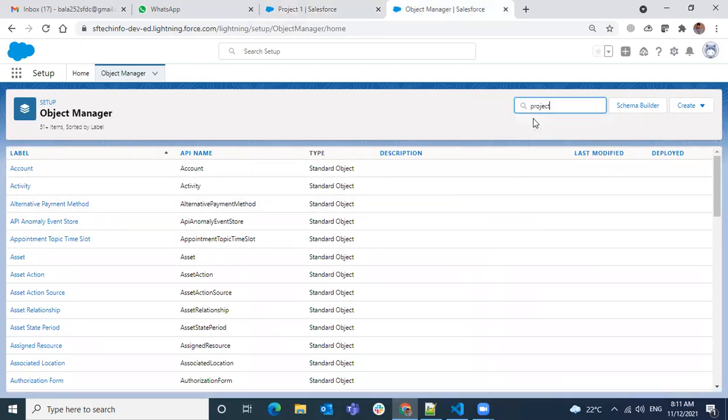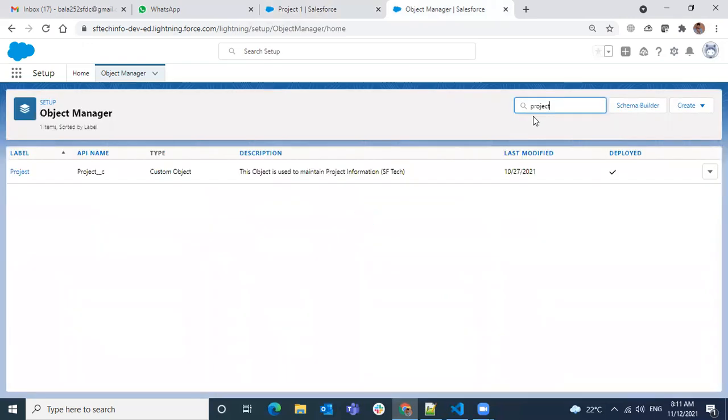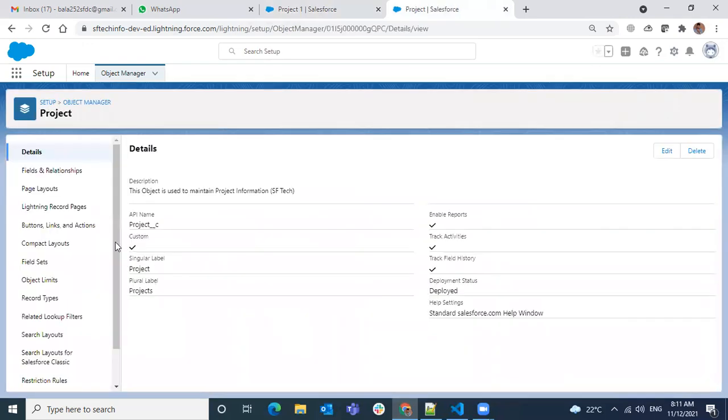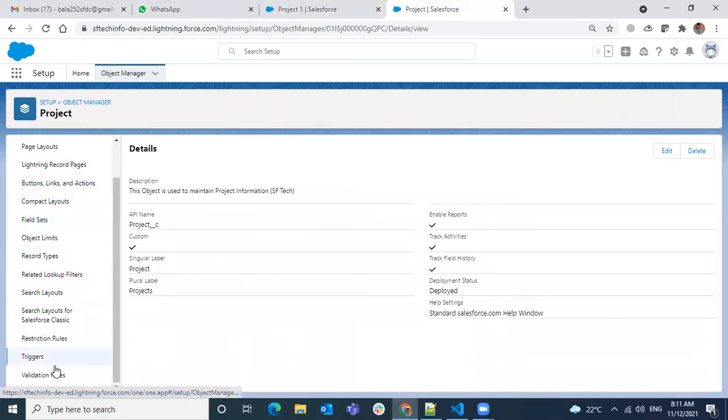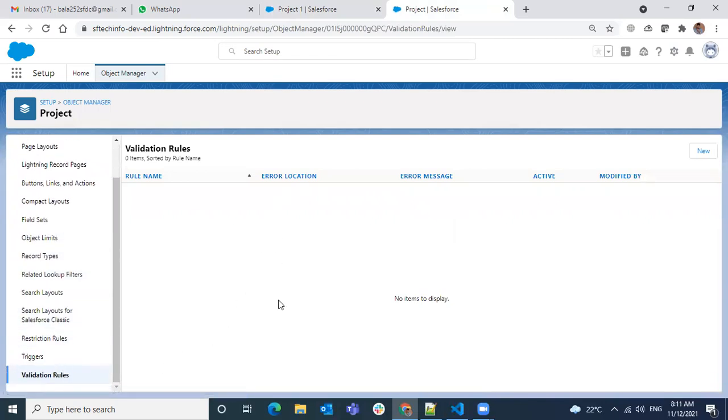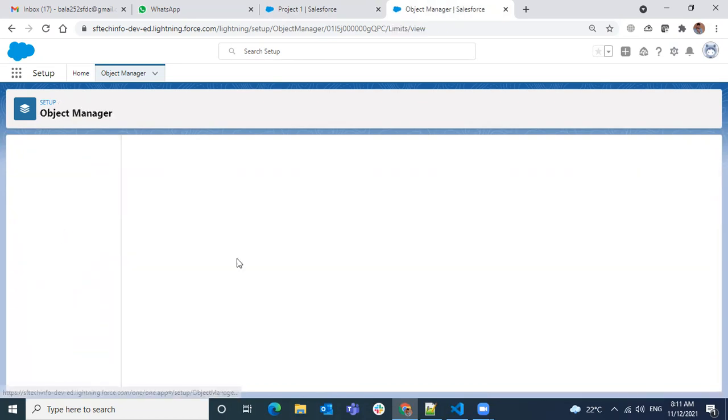On whichever object you're going to create a validation rule, jump onto that object. So I'm going to the project object. Here on the left side panel, you see an option called validation rules. Here you can have multiple validation rules, and there is a limit on validation rules per object.